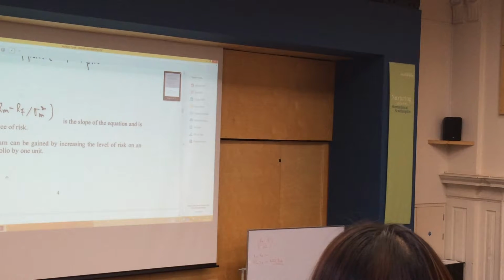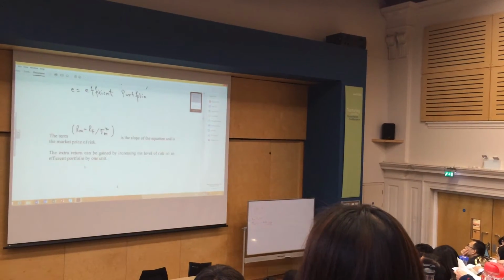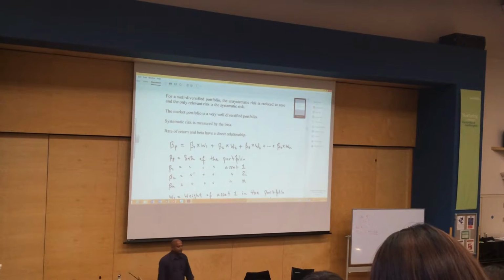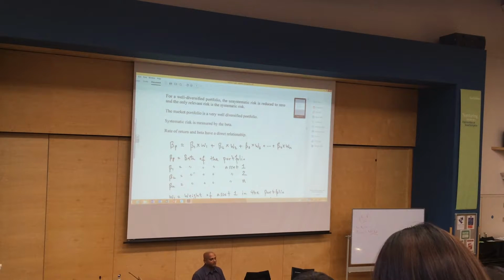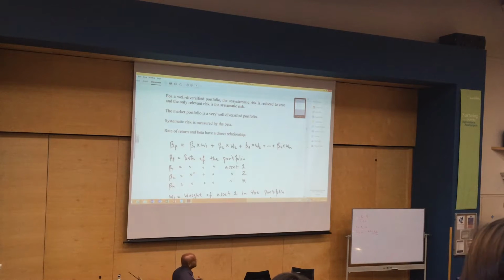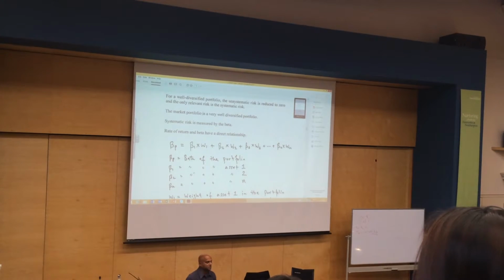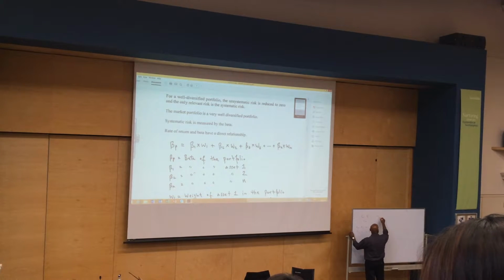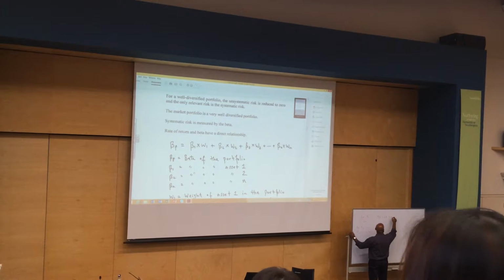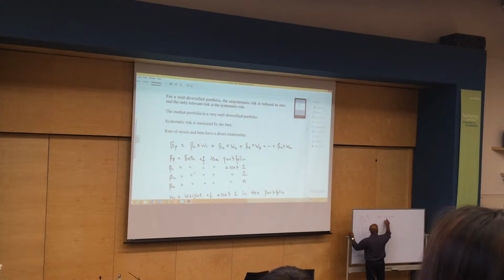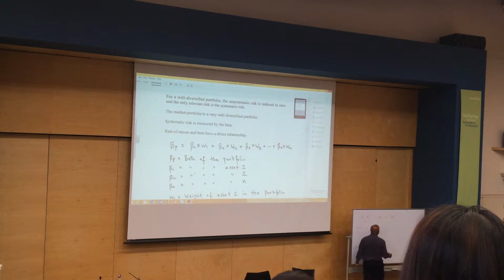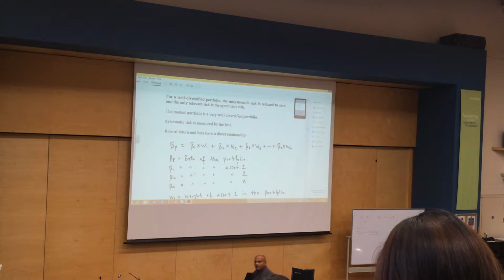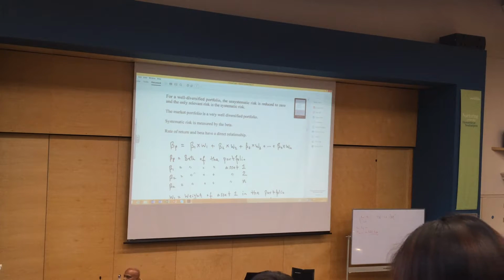And they said, we all know a well-diversified portfolio does not have unsystematic risk. Unsystematic risk has disappeared. Systematic risk is the only one we should be concerned about. Total risk is equal to systematic risk plus unsystematic risk. Total risk equals systematic risk. This is not a problem. We should not be concerned about this, because this can be diversified away. We should be concerned about systematic risk.